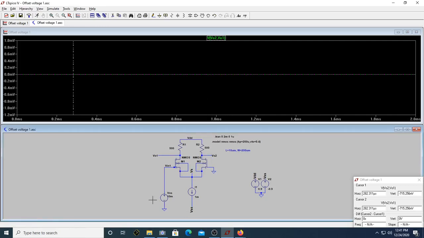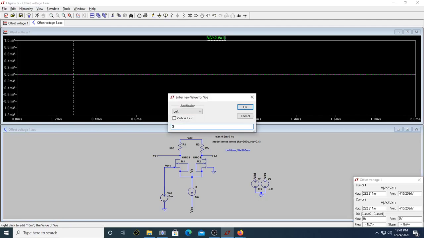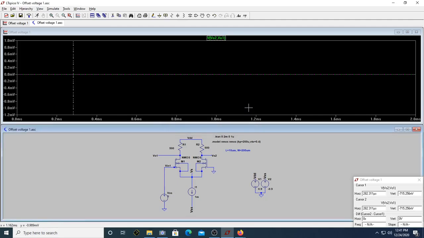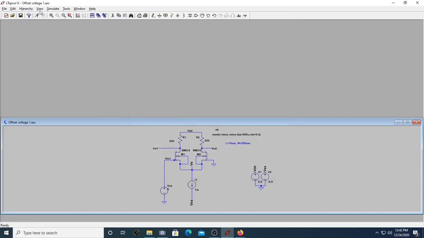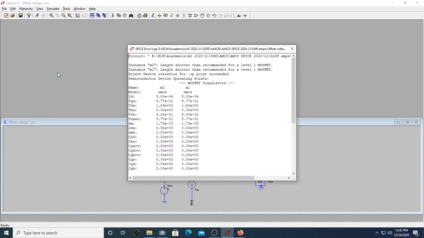And if you run it now, let me make this also 0, and this also 0. Let us try to find out what VGS and VOV are. So I will do .op of this, save and run. If I see the value of VOV and VGS and all those things, let me just go here. If we can actually see the value of VOV, which is VDS sat, it is 0.577 volt.